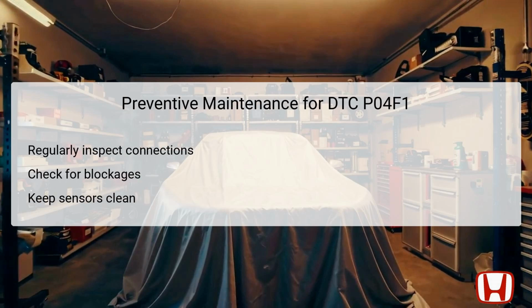To prevent future occurrences of DTC P04F1, regular maintenance of the EVAP system is important. Schedule inspections for poor electrical connections periodically, as these can degrade over time. Inspect the purge lines for any signs of blockages due to debris or wear that might impede vapor flow. Ensure that the fuel tank pressure sensor is kept clean, as it plays a critical role in monitoring the fuel